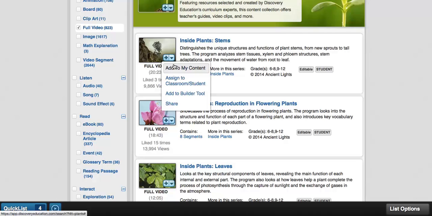my content. So if I add it to my content, that's the digital locker space I have available in Discovery Education to save everything that I find. So when you find great things, you want to add it to my content. The other thing that you notice is that you're able to assign it to students here. Now you would already have to have classes set up in here to be able to assign it to current